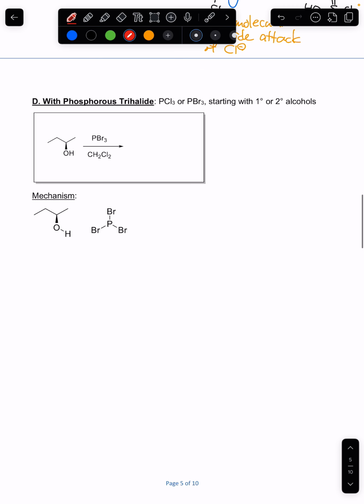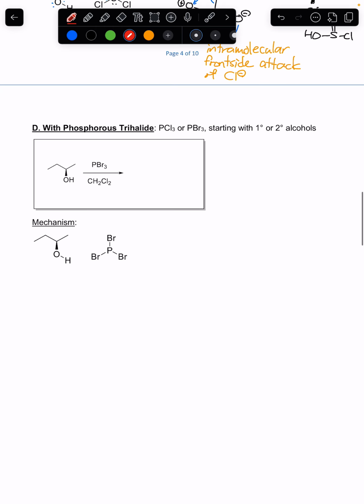Now, the last of this kind, another reagent often used to turn alcohol into a halide is phosphorus tribromide, or phosphorus trihalide. And this, once again, goes through SN2, as you can tell by looking at the product structure. Inversion always implies SN2. Now, to understand this mechanism, you kind of need to be let in on the secret about sort of the